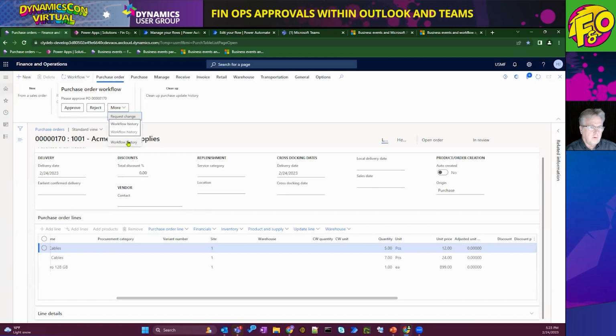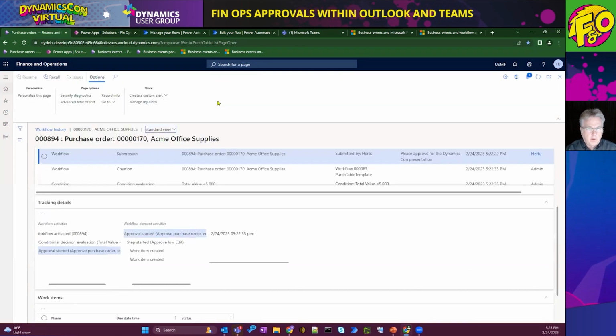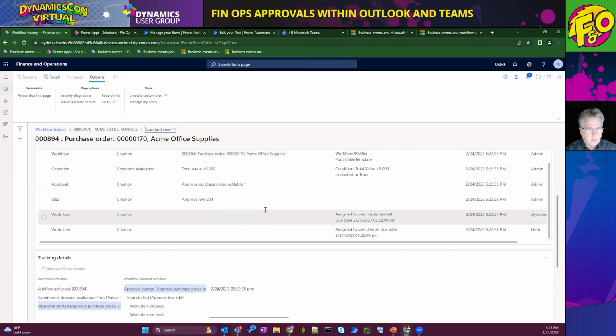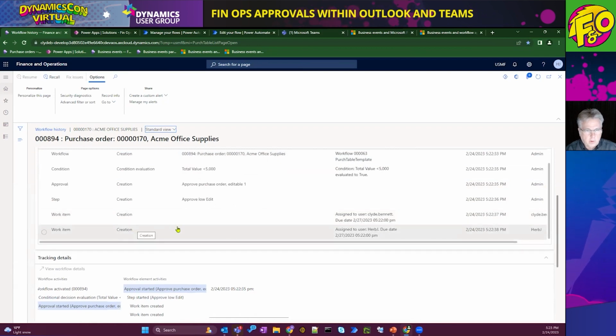down here also. Now you notice in this little window there's approve or reject. So if the person is in FinOps, they can approve or reject it here also. But let's have a look at the workflow history. So as it's spinning up the workflow history, we can see that the workflow kicked off, and you can see the different steps involved in the workflow that took place. And as we get to the bottom one, this is where it's going to trigger that Power Automate, and we're going to see that approval come across.